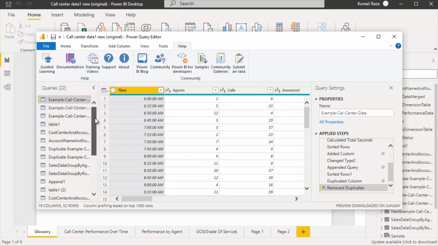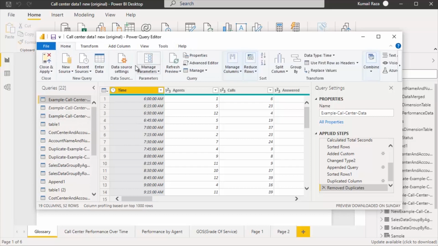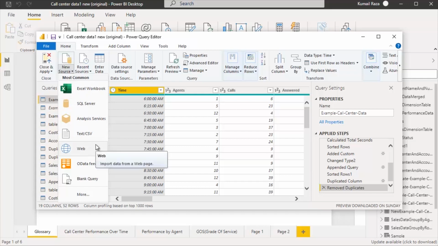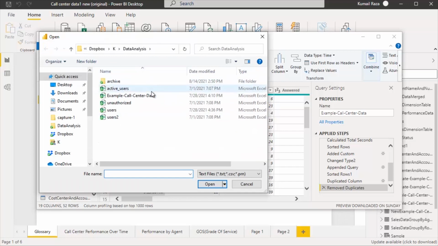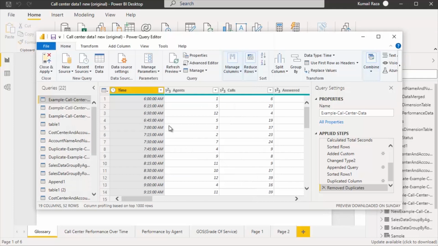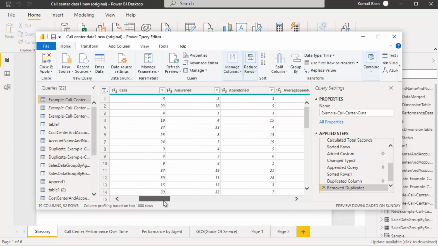On the left hand side, it lists all the queries that we have used. For example, if you are looking to connect to another data source, we can just click new source, select the type of the data source that we are connecting, select the data source, and then open it. So it loads all the data into the query editor. I'm just canceling it now, and we're going to do this again later. This is the data